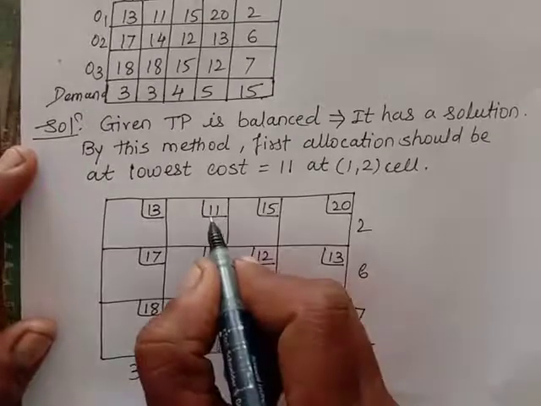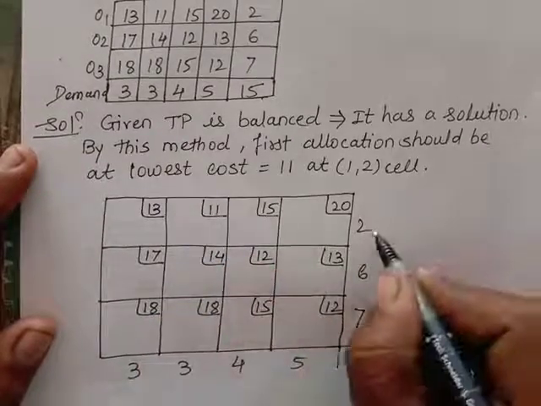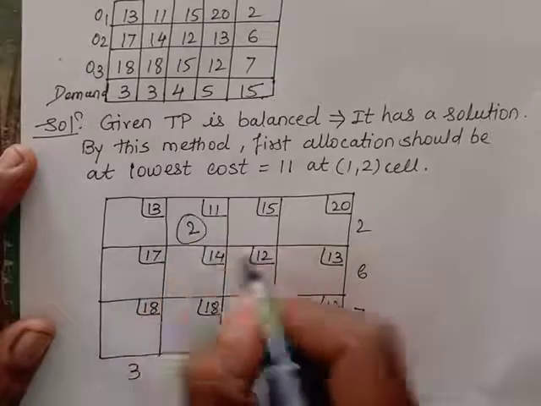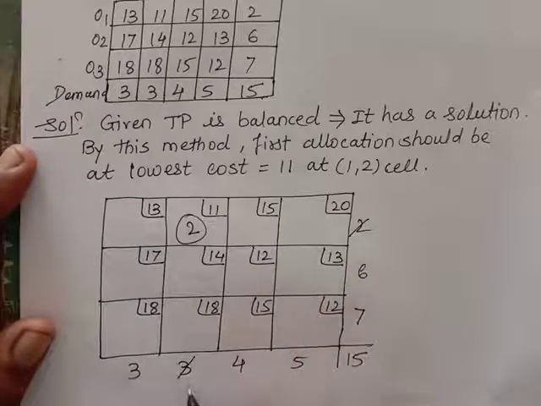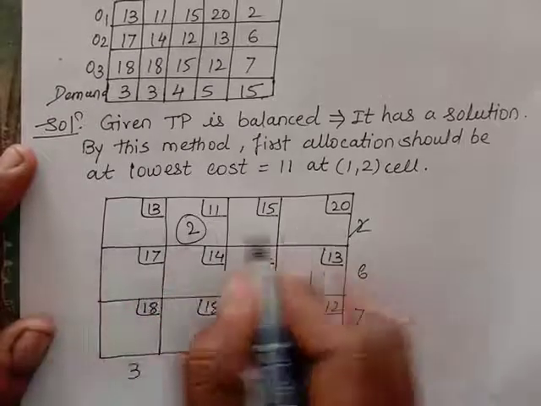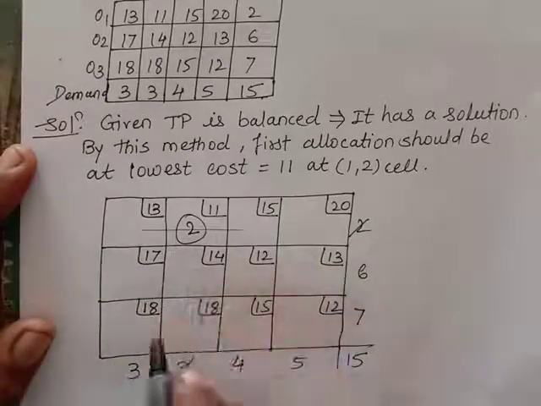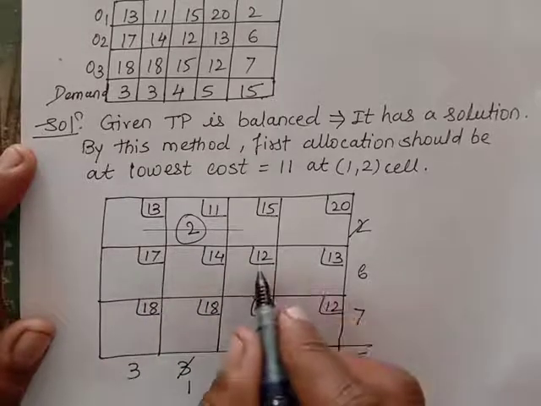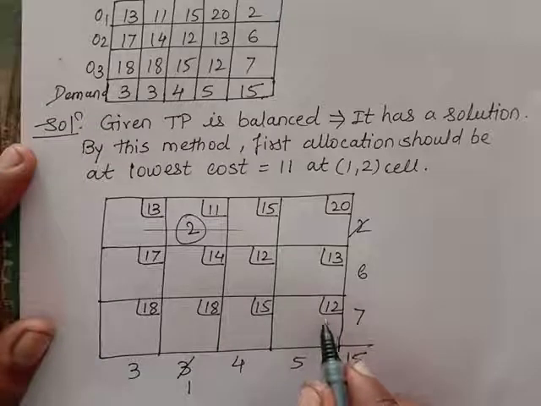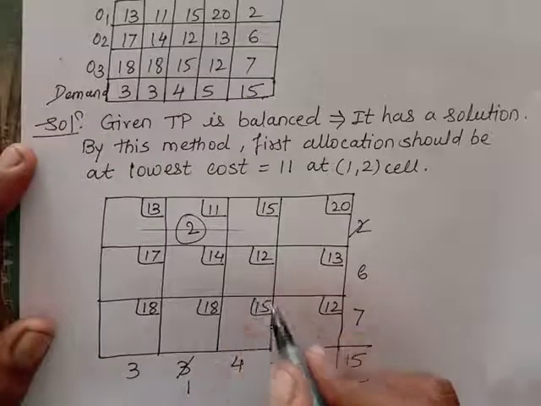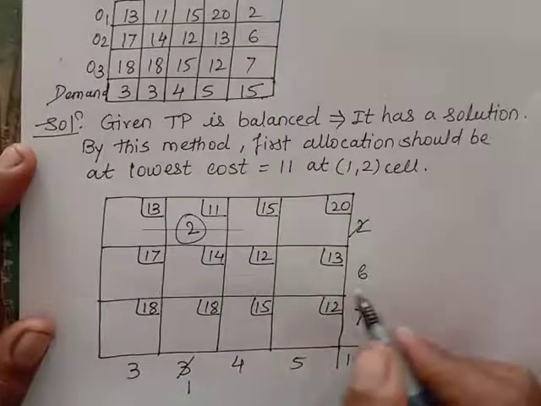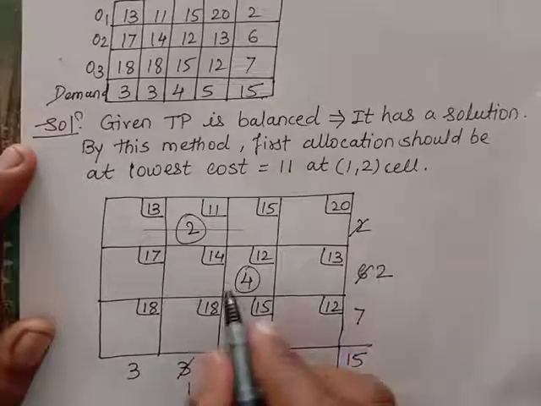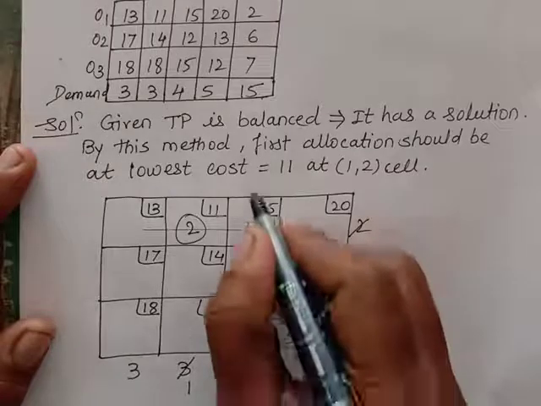Now the least cost is 11. So look at these two. So minimum of 2 and 3 is 2. So our allocation is 2. This gets satisfied. Here 1 is left. So this row is satisfied. So now we should look at these. What is the minimum cost? It is 12. Now 12 is here as well as here. So let's do the allocation here first. So minimum of 4 and 6 is what? 4. So this is satisfied. Here 2 will be left. So this column is satisfied.